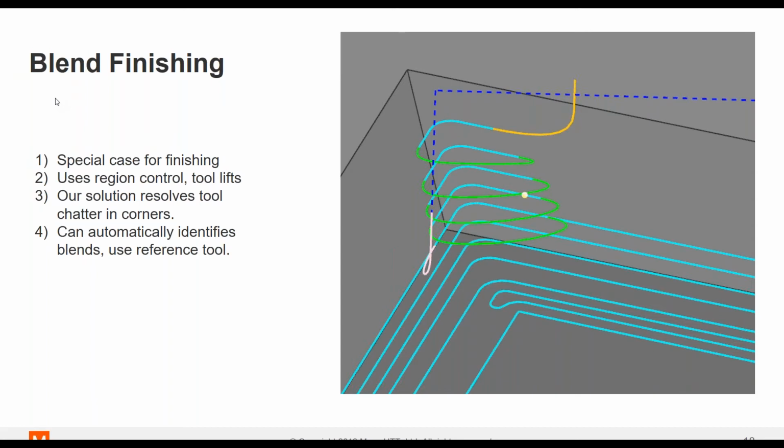And another is that even in a situation like you see here with the sharp corner, your ball end mill could dive right in, do a 90-degree turn and come out again. That's often going to chatter, especially in hard materials. So you can see here that we've contrived a blend radius to add to it so that the tool doesn't come to that hard stop and change direction. Let's go and look at some of these capabilities in NX now.